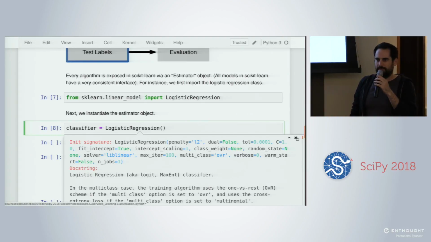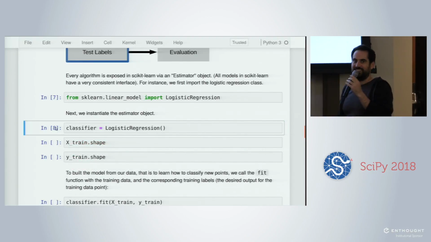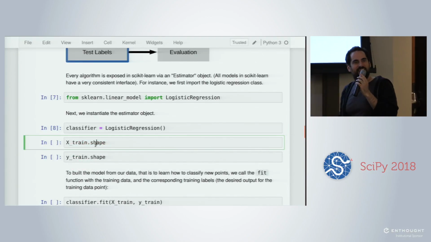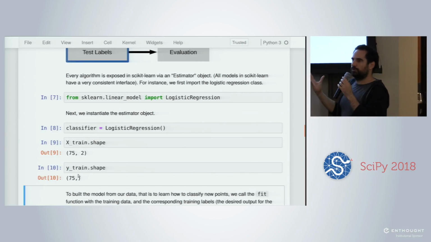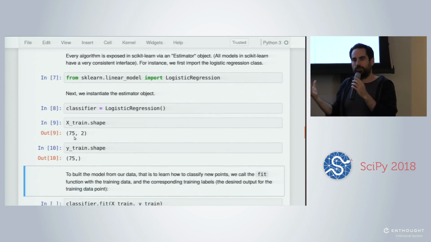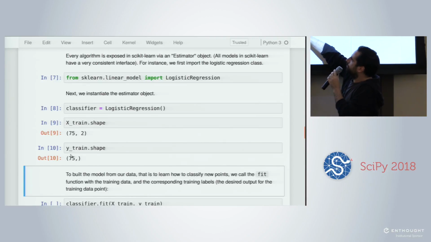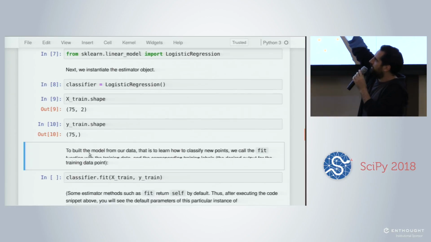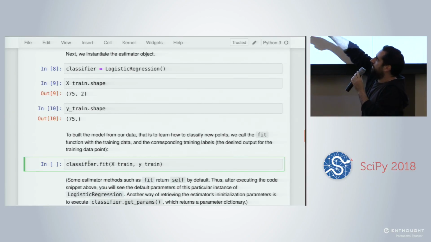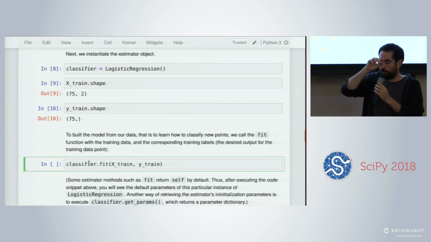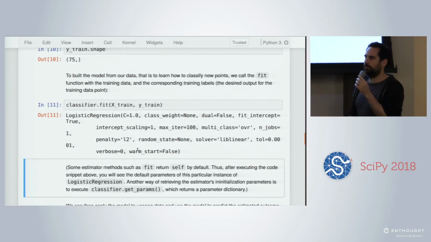Not a straight line? A straight line? No, not a straight line. A quadratic line. Actually, it is a straight line, the best boundary that you can make. If you know the true parameters of the true distribution, it's going to be the centers of the Gaussians. So you will have two centers, one approximately here and another one here. What you could do is take the line that goes through those two centers and in the middle draw the perpendicular line, and that would be the best decision boundary that you could get.